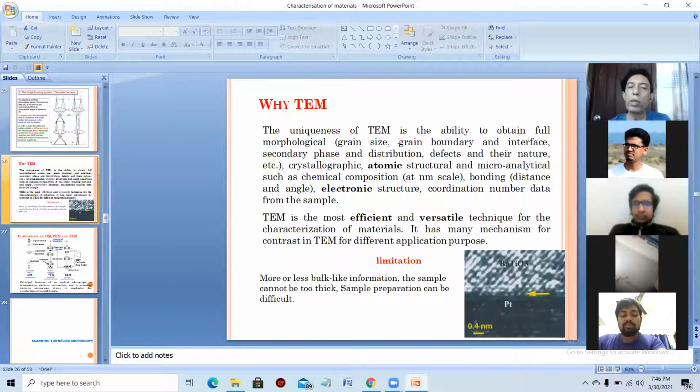The uniqueness of TEM is the ability to obtain full morphological information, that means grain size, grain boundary, interface, secondary phase and distribution, defects, crystallographic, atomic, structural, and microanalytical information, such as chemical composition in nanometer scale. So by TEM, you can have a resolution to the atomic scale,